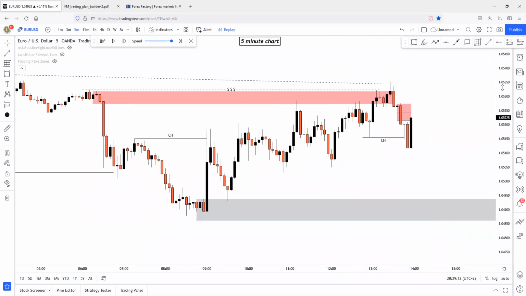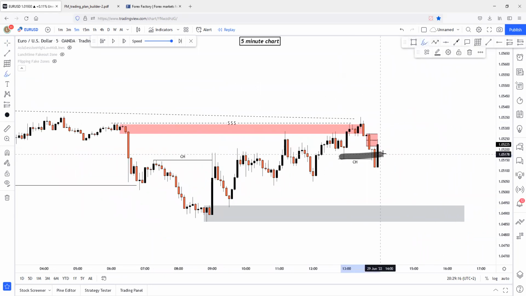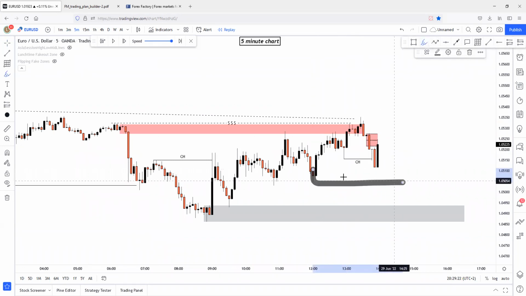All right. So character changing movement has happened even on the 50-minute, even on the 5-minute, as you can see here. And price isn't coming from the opposite sided zone. So price didn't mitigate this demand zone even. There was not even a tap of this demand zone, as you can see.